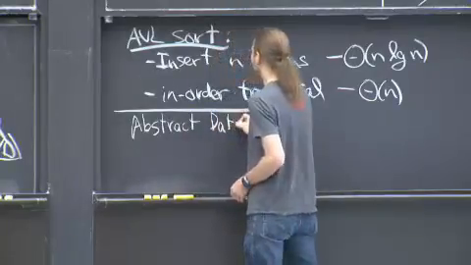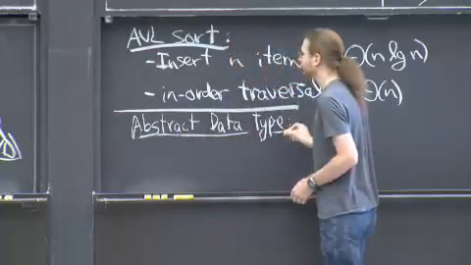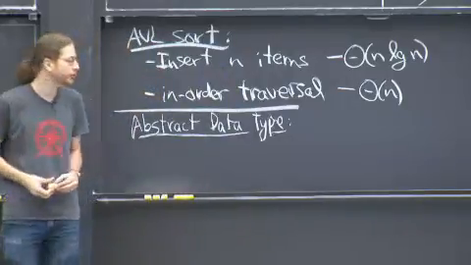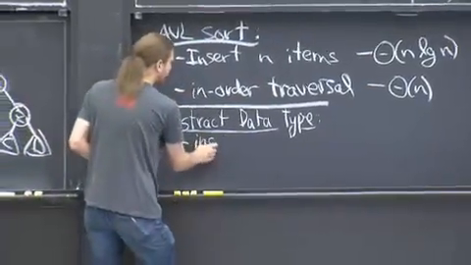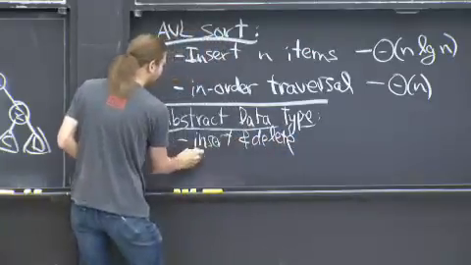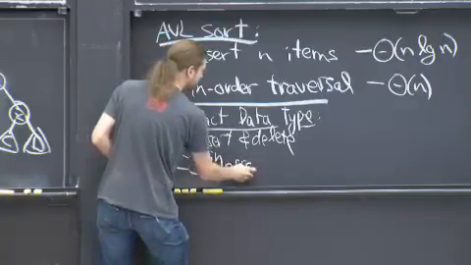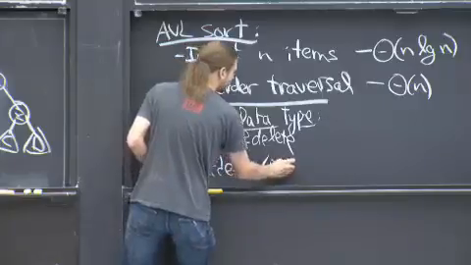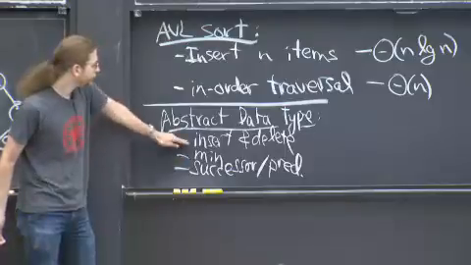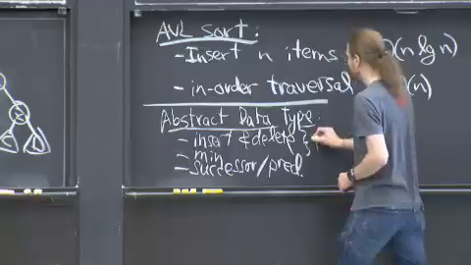So you can think about what we call an abstract data type. These are the operations that you support, or that you're supposed to support. If you're into Java, you call this an interface. But this is an algorithmic specification of what your data structure is supposed to do. So we have operations like insert and delete. We have operations like find the min, and things like successor and predecessor, or next larger, next smaller. You can take any subset of these, and it's an abstract data type. Insert, delete, and min is called a priority queue. So if you just take these first two, it's called a priority queue.